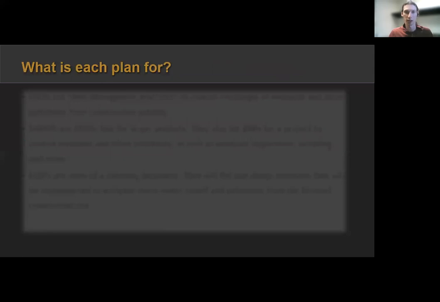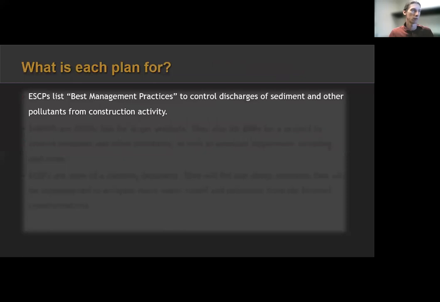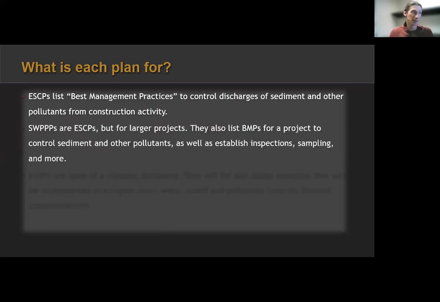So what is each plan for? We have ESCPs, SWPPPs, post-construction plans. What are they for? Well, an ESCP lists best management practices, BMPs, to control discharges of sediment and other pollutants from construction activity. Pretty straightforward, pretty simple. A SWPPP is an ESCP, but it is specifically for larger projects. So ESCP can be interchangeable with the SWPPP. They will mean the same thing. A SWPPP is an erosion sediment control plan, but a SWPPP is